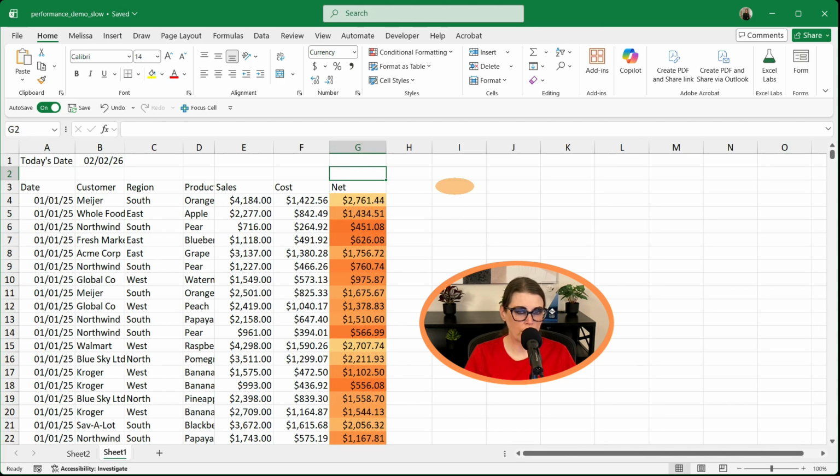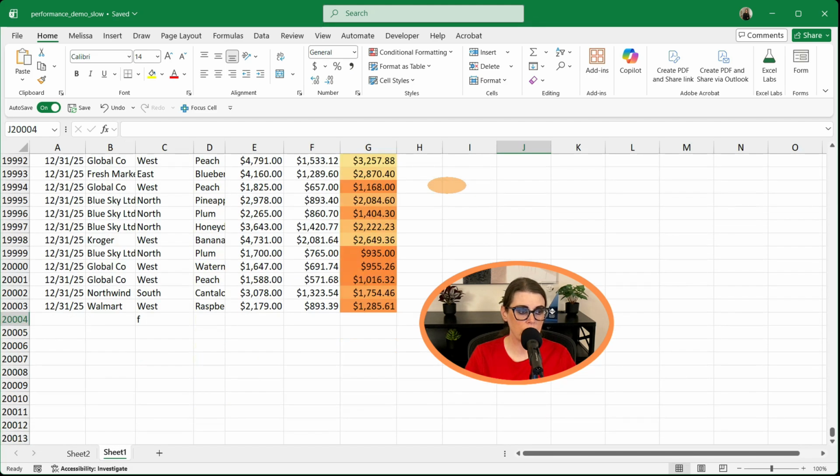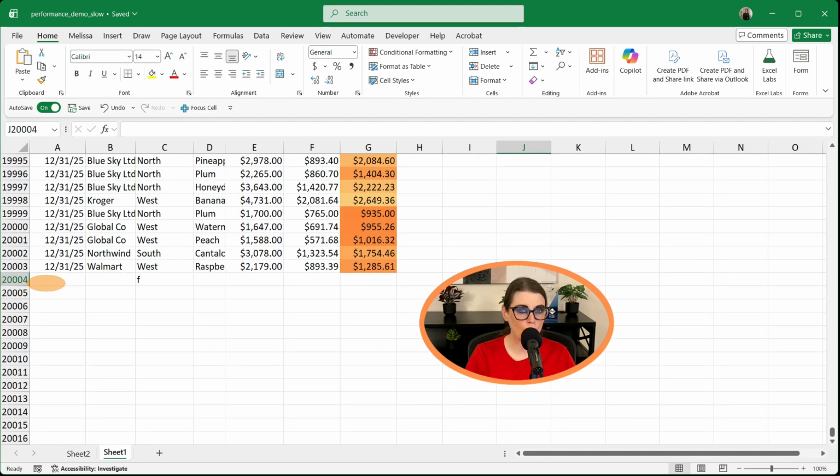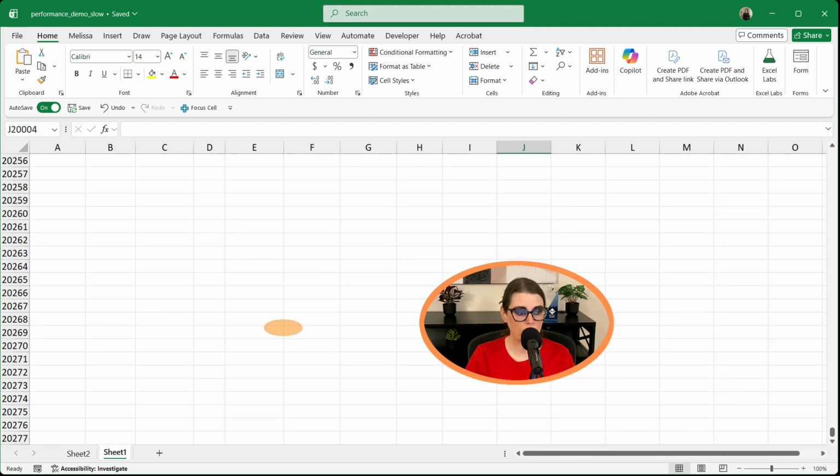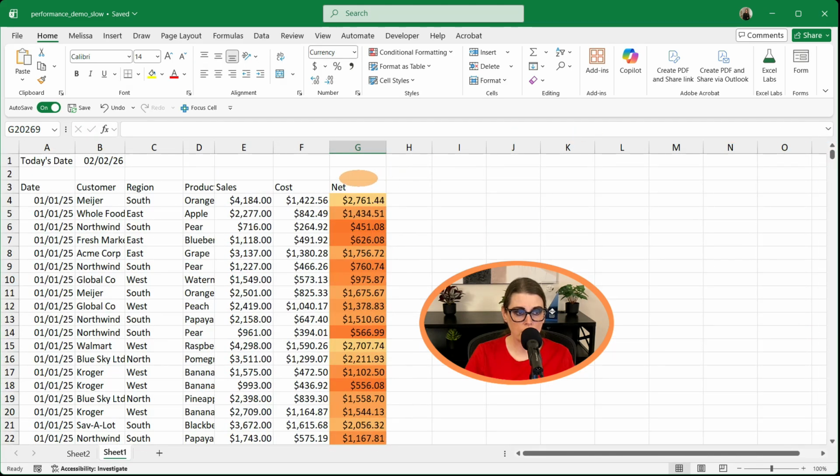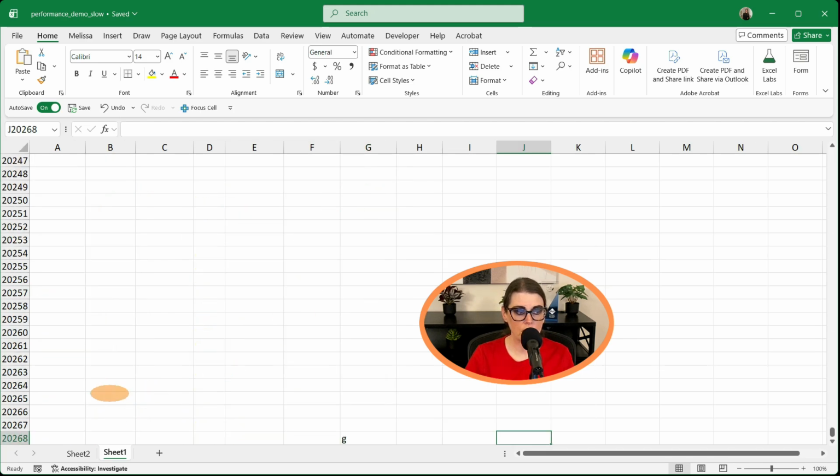So let's look at what we call used ranges or ghost rows. If we do Control End in Excel, it is going to take us to the last row where it sees data, which in this case is 20,004, where I have an F in column C, which is good because it means none of our formulas are going all the way down through the columns or 1,000,000 rows. But let's just say we go down and we add something here like a G, hit enter. When we go back to the top and we do Control End, it's going to pop down to